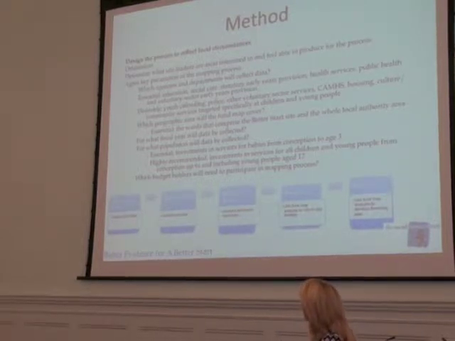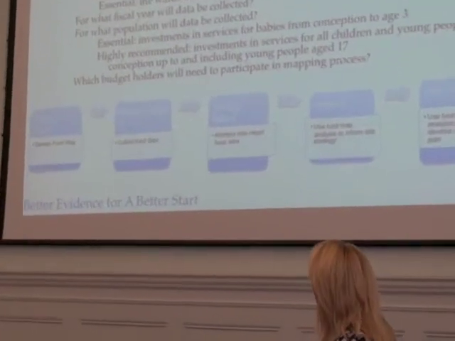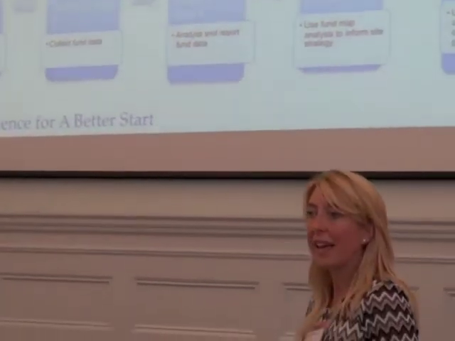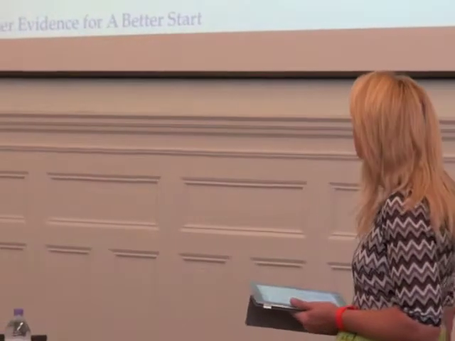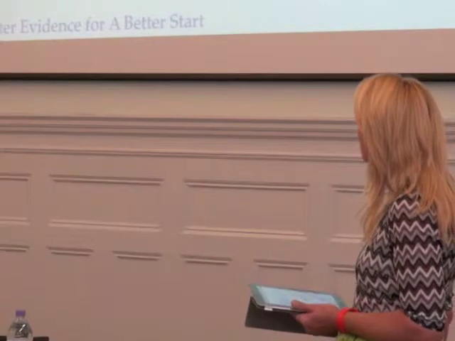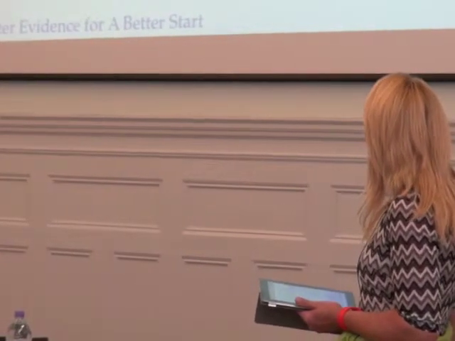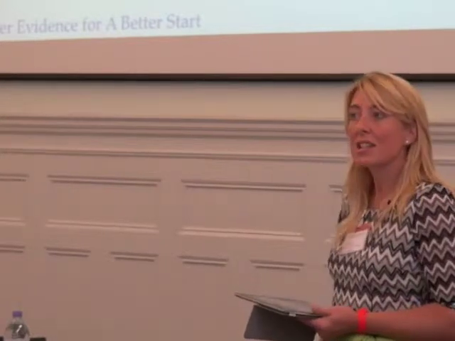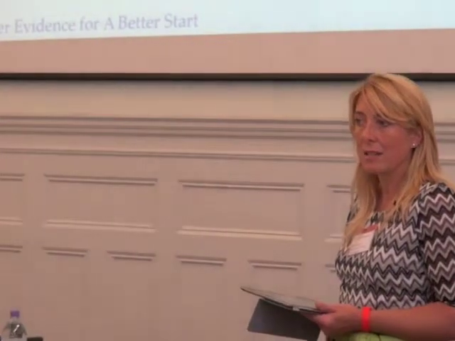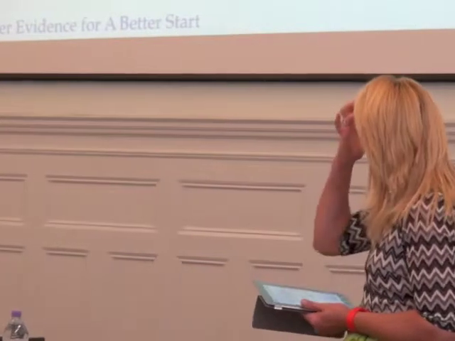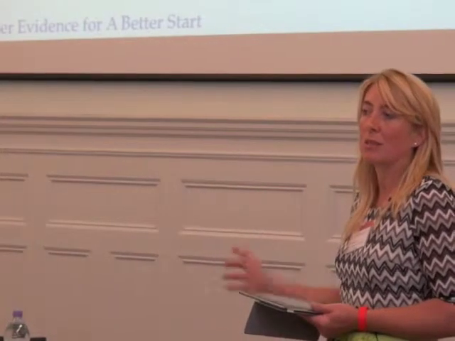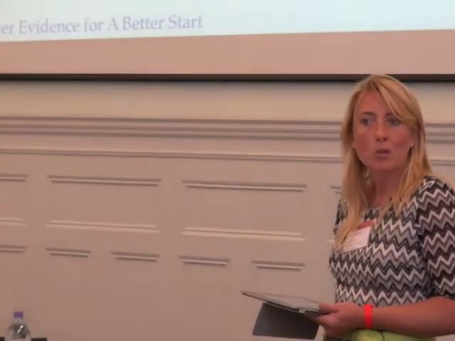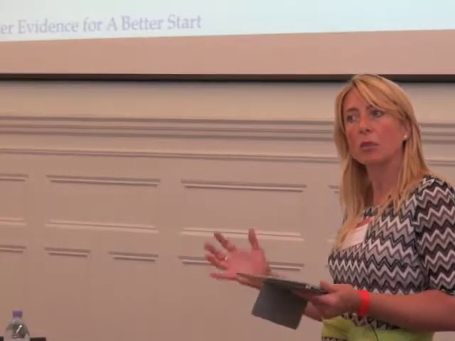So what are the parameters? So which agencies and departments will you collect data from? Clearly it's essential that you have health, as they are probably the major investor in the early years, but you want to understand what spending is in education in early years, in social care, public health. Now there are other agencies where you might be interested, and it might be desirable to understand what's been spent in youth offending, in police, in other voluntary sector services. That's where you've got to make a judgment. What's going to be doable, and what's going to really help to create a full picture of what's been spent on children.